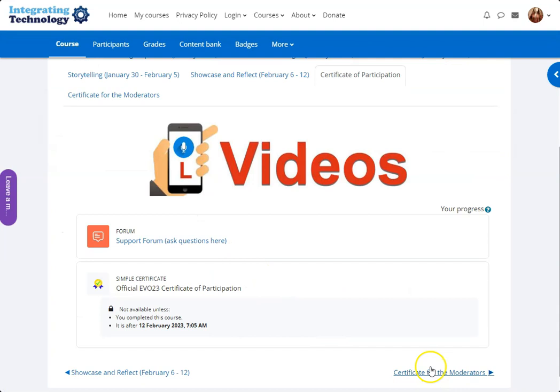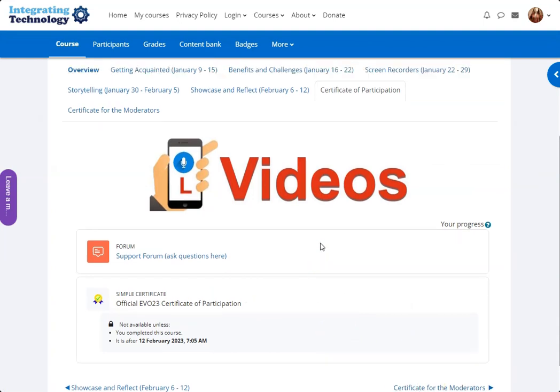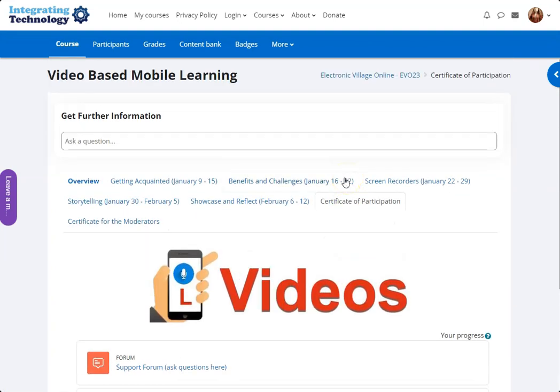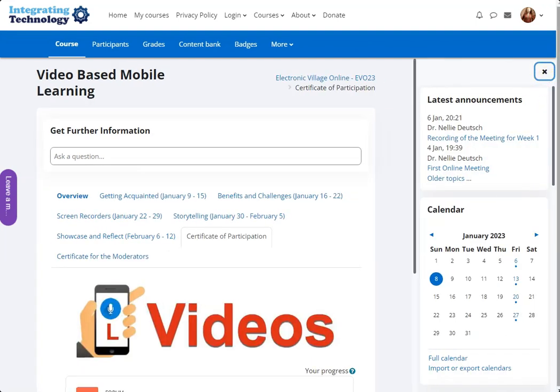So that's an overview of the central part of the course interface, but I'd like to show you the block drawer, which appears on the right if you click on the little toggle here. And here are some very useful blocks that enable you to have access to useful information or to activities just at a click. First of all is the latest announcements block, which gives you an overview of the most recent